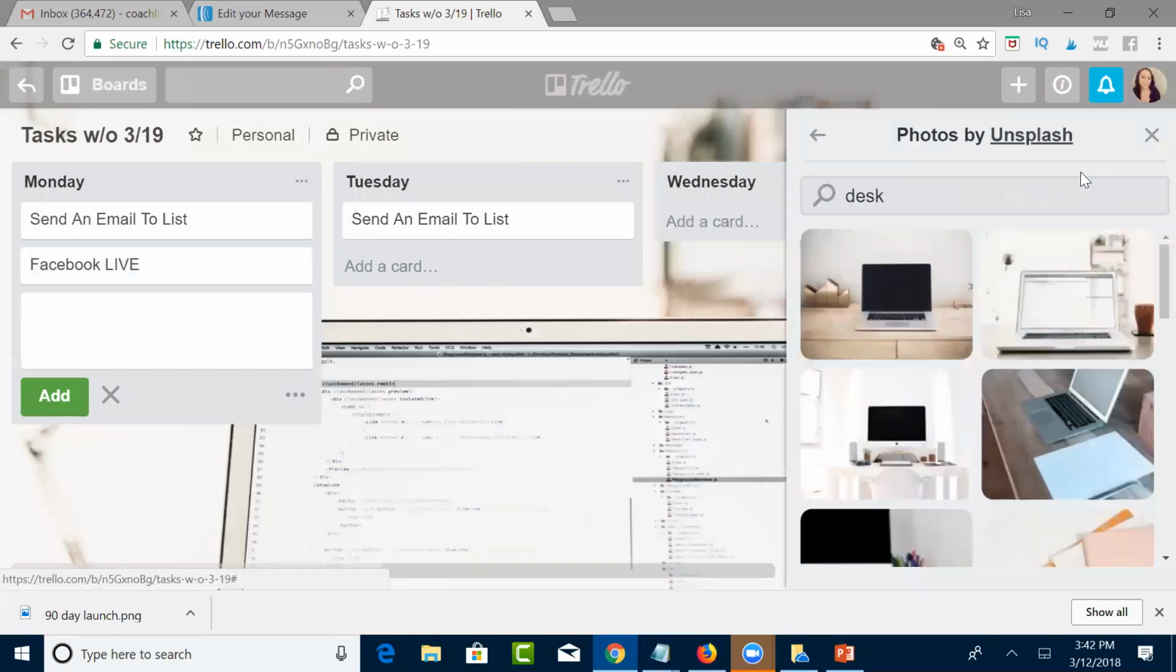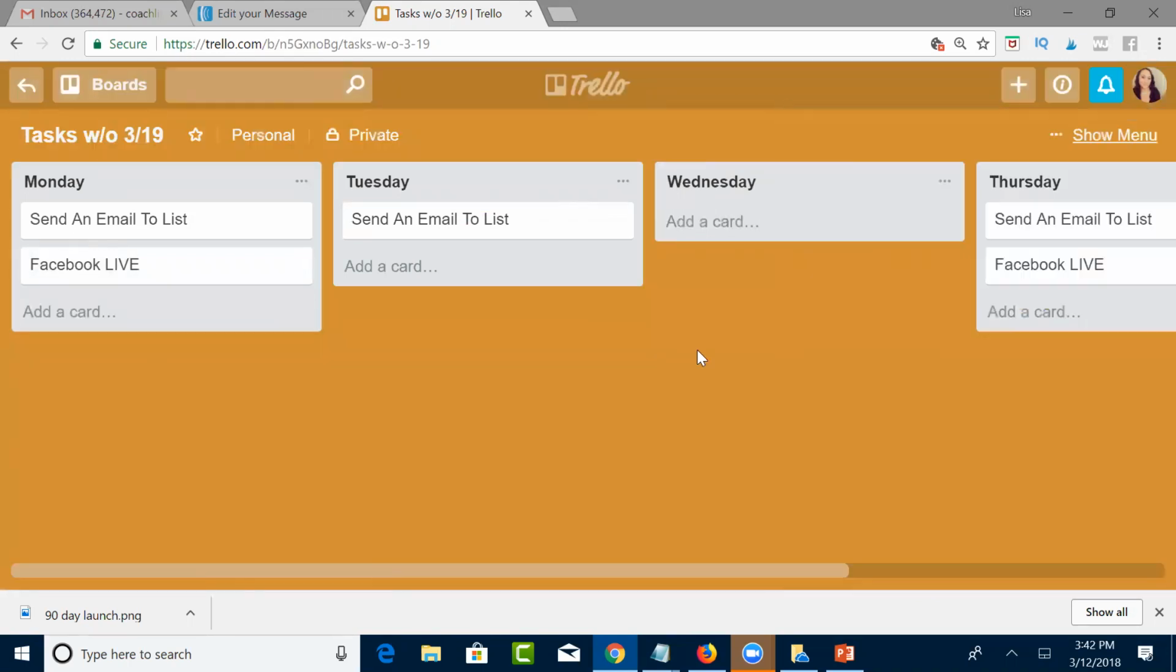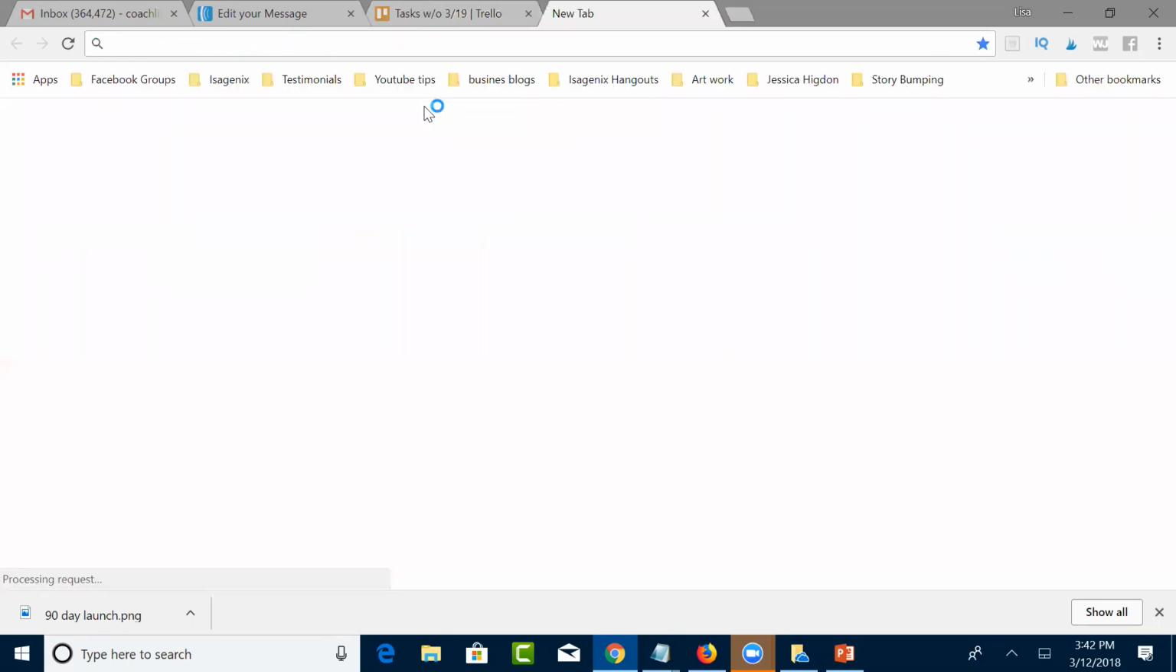Now I'm going to change the color of this background just so that we can see a little bit clearer. Okay, and then you just keep going down the list of the things that you want to do for each and every day. Another thing that I like to do is I like to do a little bit of